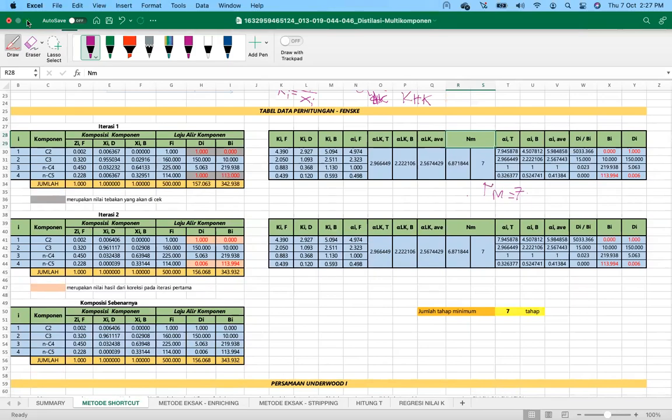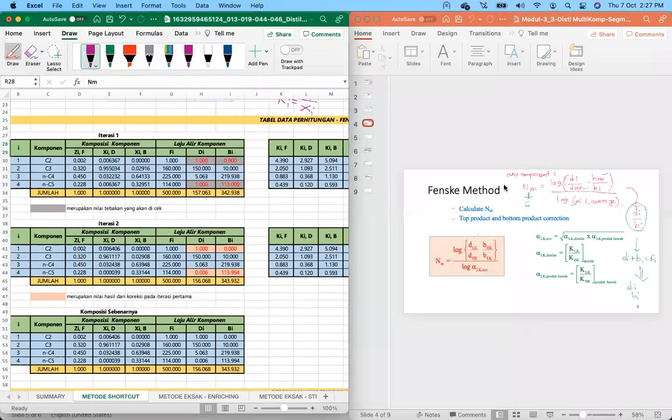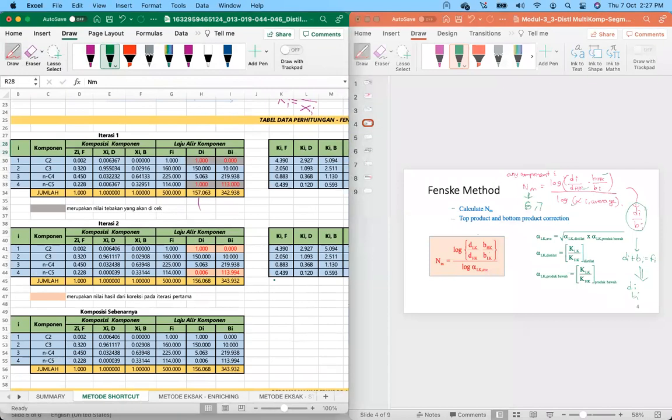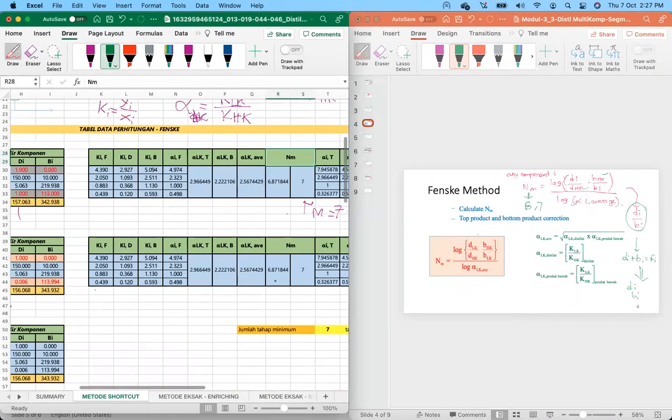So what they do is, because they know the NM, which in this case is 6.87 based on this one,